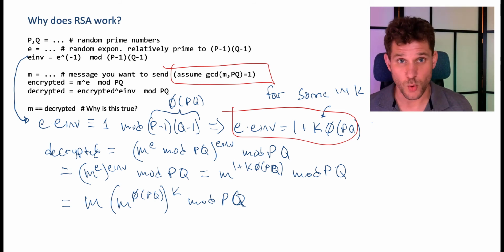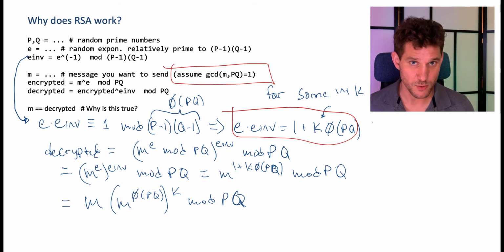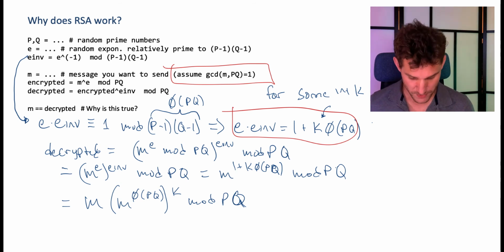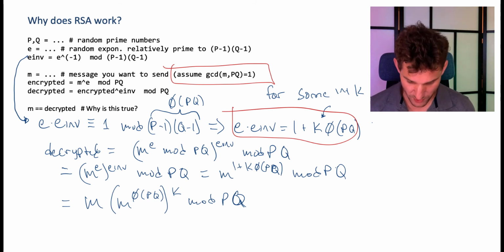Now we're going to use Euler's theorem. This is the most important step. M to the phi of pq, because m is relatively prime to pq, m to the phi of pq is actually just congruent to 1 mod pq. So we can write this as,